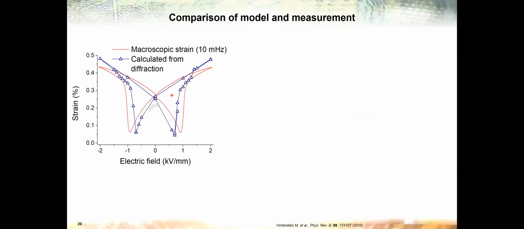And with the phase fractions together, we can now calculate the macroscopic strain loop. So this is shown here in blue. This is from the neutron diffraction experiment. And the red curve is the macroscopic measurement. You see that the agreement is okay. It's not exactly correct. So we have here deviations in the coercive field and the maximum strain, but the explanation